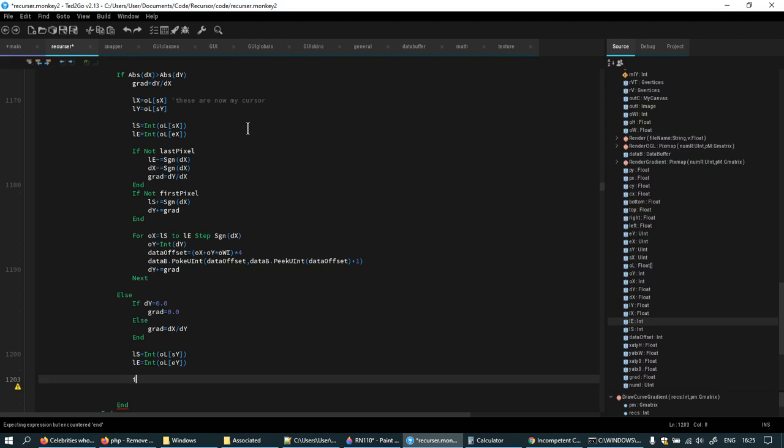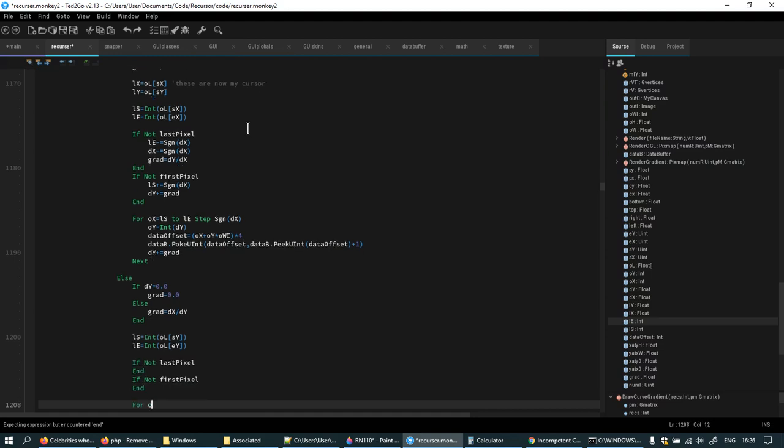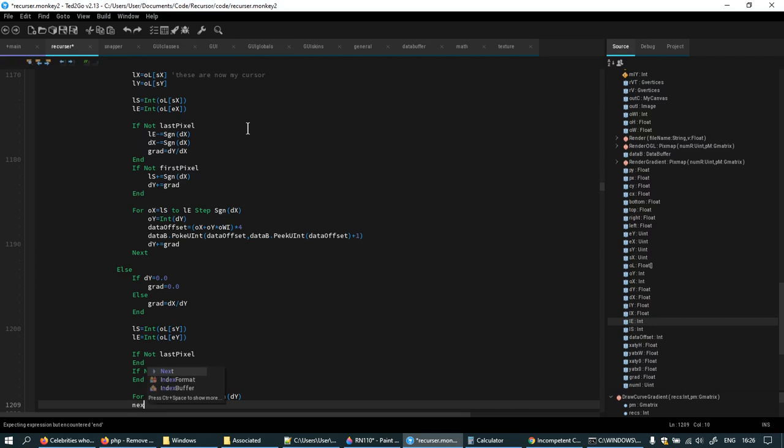And again, if not last pixel, end, if not first pixel, end, and this time for OY equals line start to line end, step the sign of difference y. Next. OX equals the integer of,